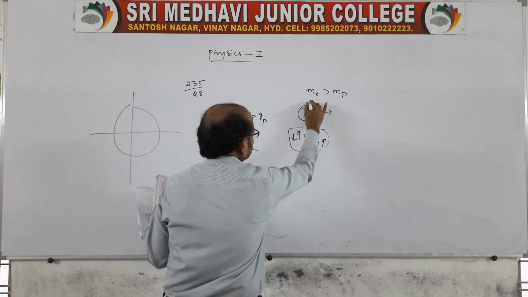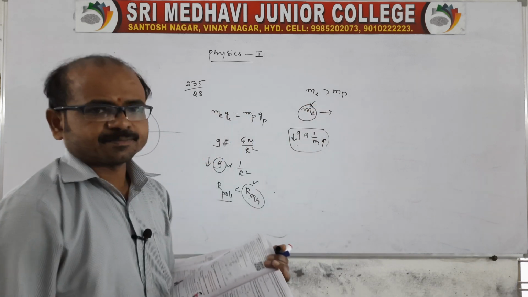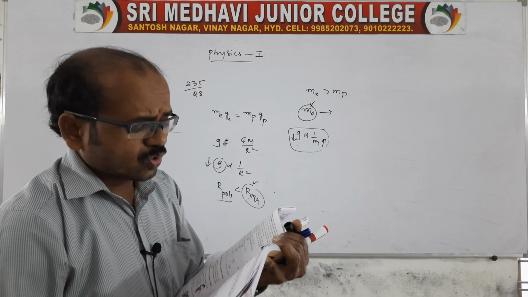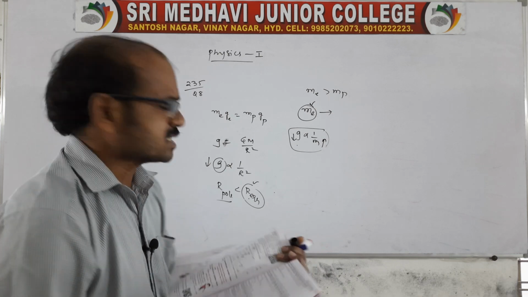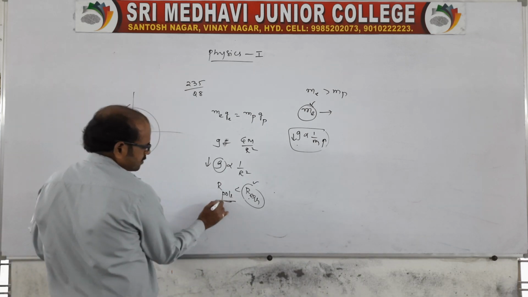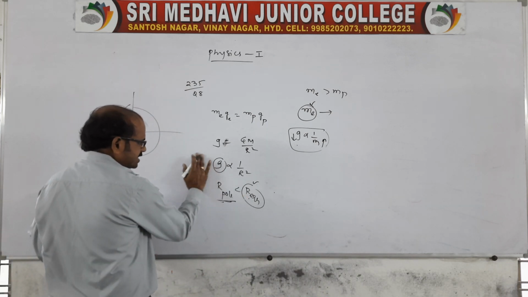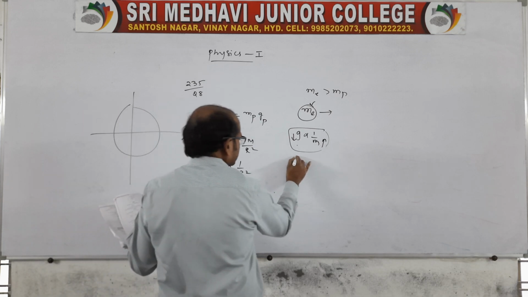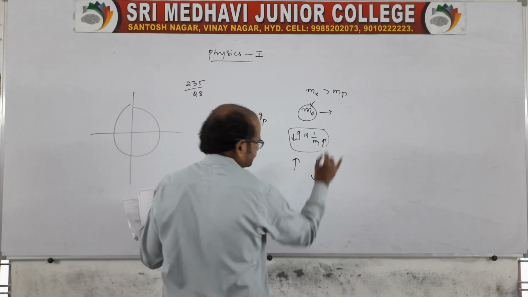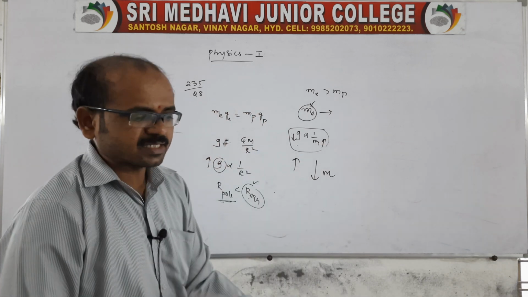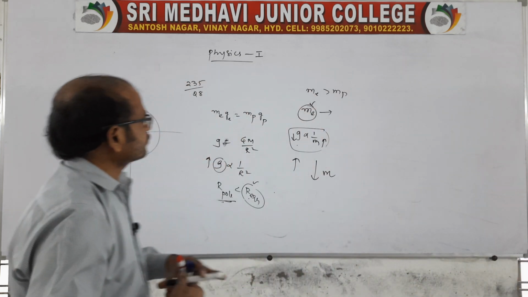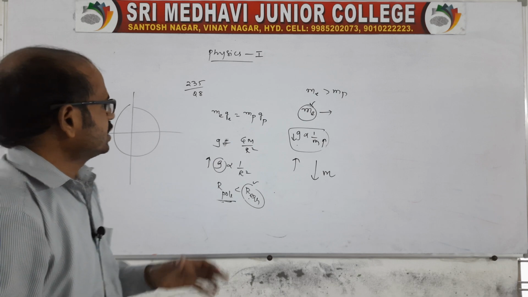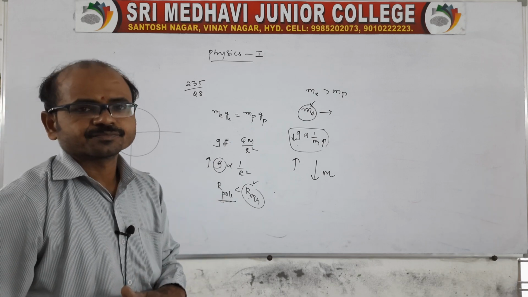So at the equator, what happens? We get more mass. That's why more sugar is obtained at the equator than at the pole, because the pole radius is less. When the pole radius is less, g increases. When g increases, we will get less mass. That's why at a pole we will get less mass. This is the reason for the conclusion of the given question, page number 235, question number 8.